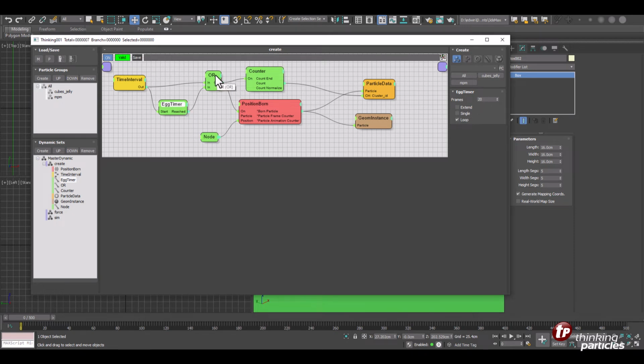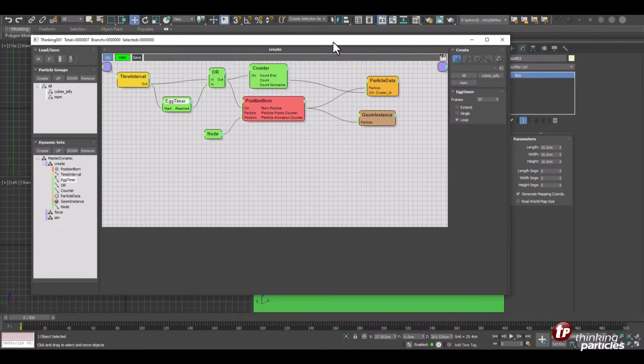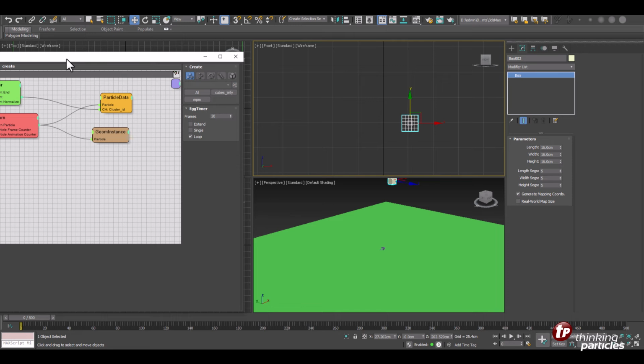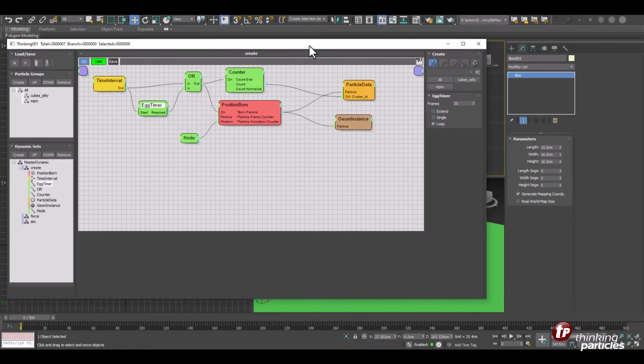Then after 20 frames, the egg timer will loop through and create every 20 frames a new cube at the position of the node helper. So now let me just see how can we now deform this cube, because we want to make it